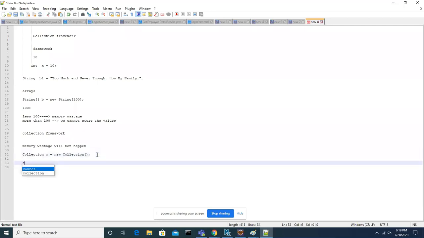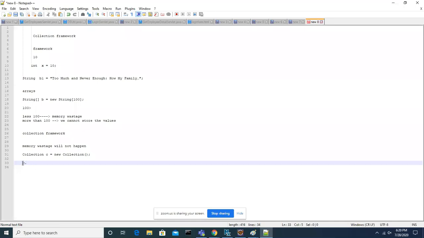C dot add, you can add n number of items, 1,000, 2,000. If you added only 10, the memory will be used only for 10. That means it increases dynamically and decreases dynamically. That kind of feature you can find in the collection framework classes.